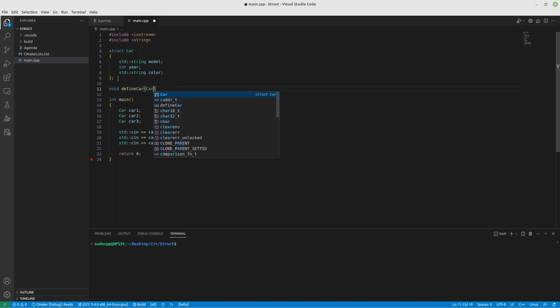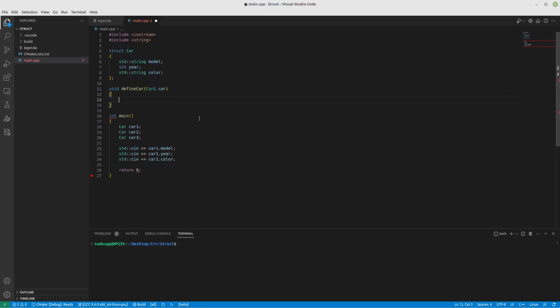Now remember how we worked with ints and doubles and long doubles and strings. Well, we've created a new type. It's called a car. And we want to pass it in by reference. Remember in that video too how if we don't have this little symbol in here, it passes it by value, and we won't actually change anything. It'll create a duplicate and then throw the duplicate away. So we don't want to do that. We want to actually work with our car. Well, this just became handy because now what we can do